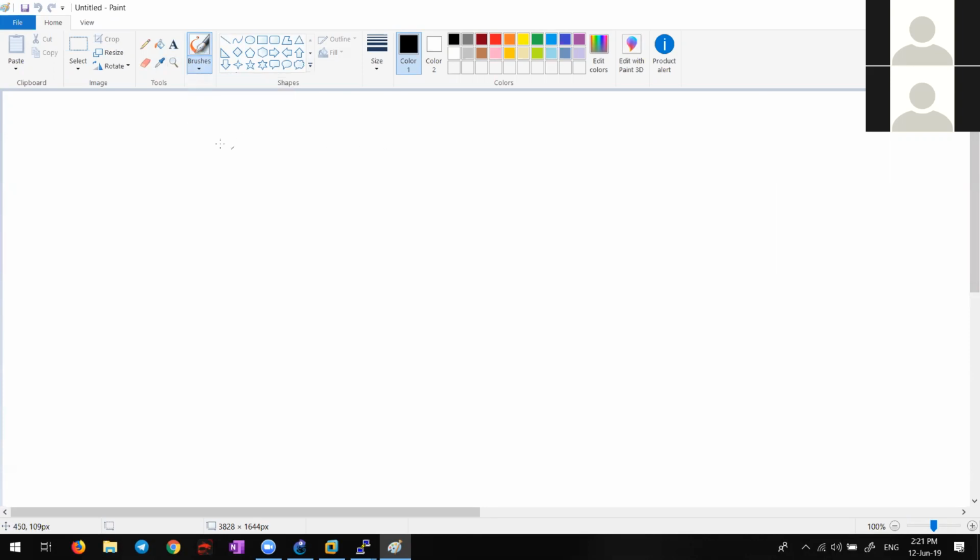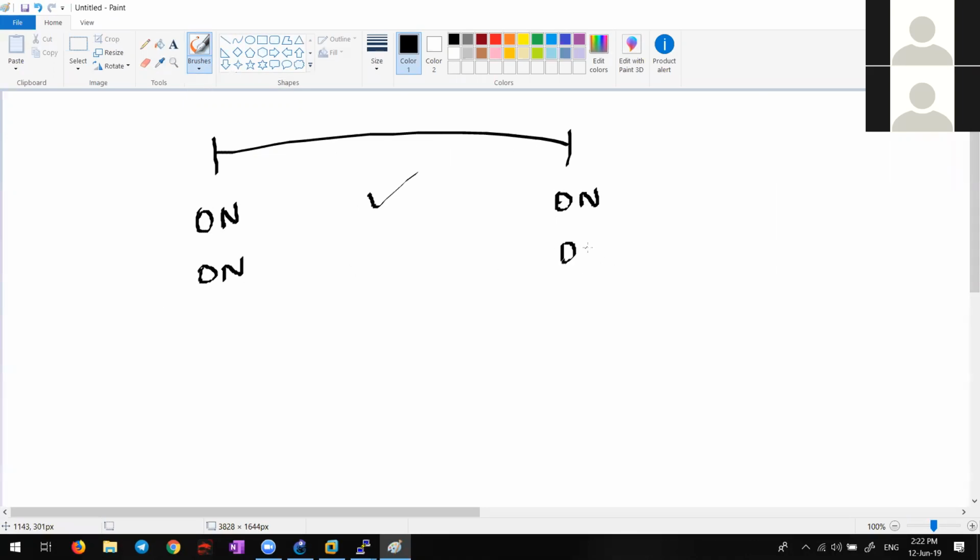So if there is a trunk link on both sides, if this side is on, meaning switchport mode trunk, that interface is unconditionally converted into a trunk link, and the other side is also trunk on, then definitely there is a trunk link. One side is on and the other side is dynamic desirable. What do you mean by dynamic desirable? This side will initiate to the opposite side. It will tell it, let's make a trunk link. So this will create a trunk link. Yes, because he initiates and the other is unconditionally trunk, they will become a trunk.